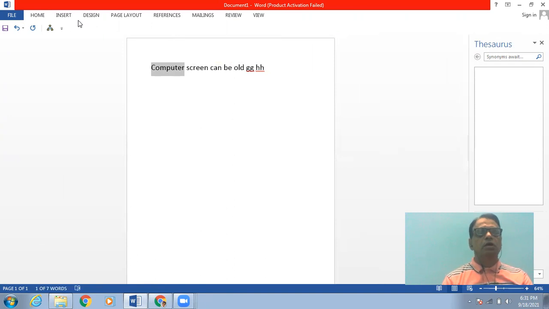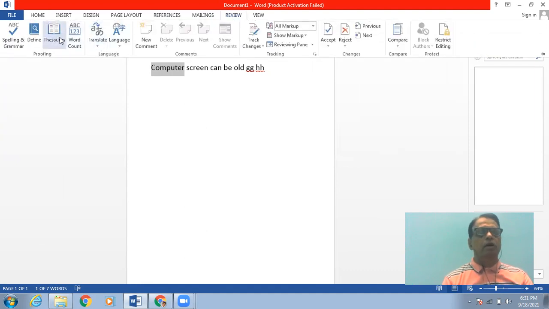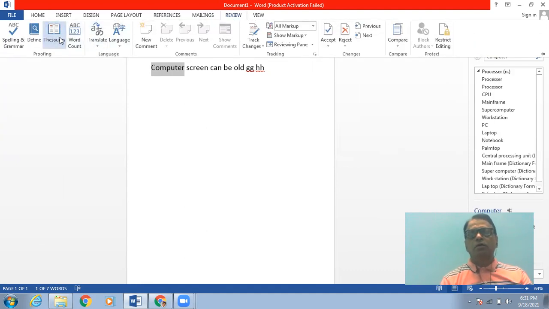So suppose I select this word, and now I will go to the review, and I will go for the other options for my word computer. So there is a complete list provided.